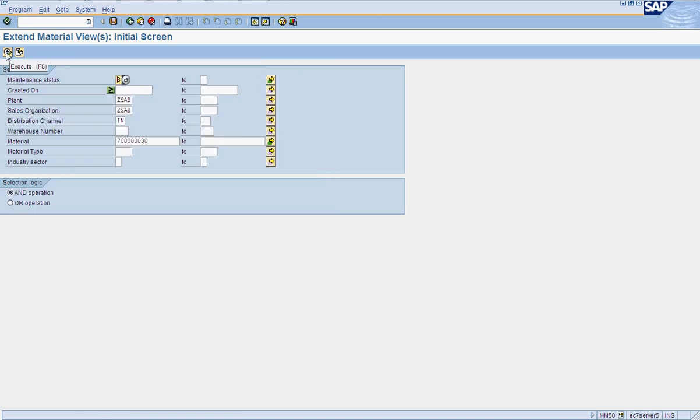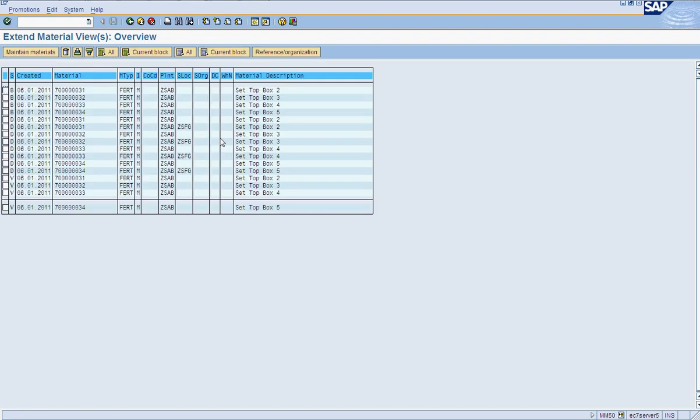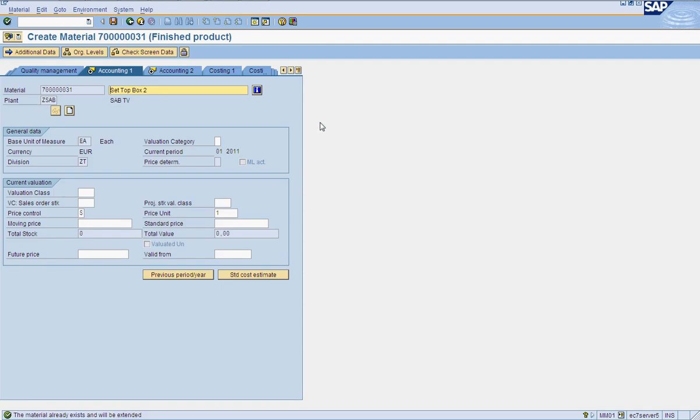Now we execute. For all these materials, select all, maintain materials, save, enter evaluation class.